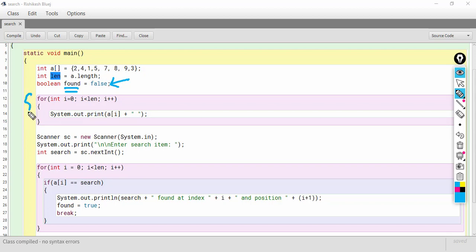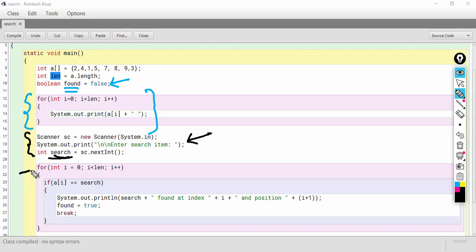Now I am simply displaying all the data items in the array, and then I display a message, enter search item. Whatever number we want to search for will be entered and stored in the variable search.